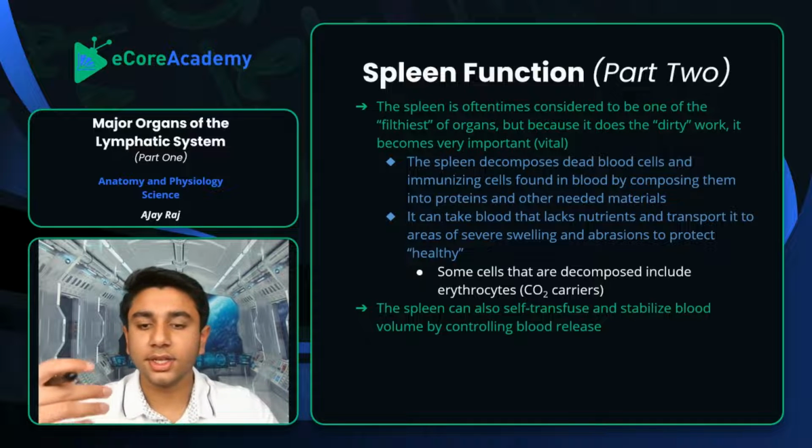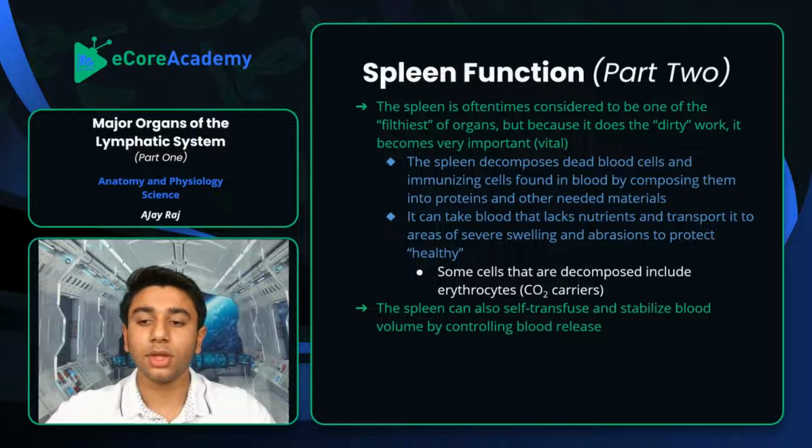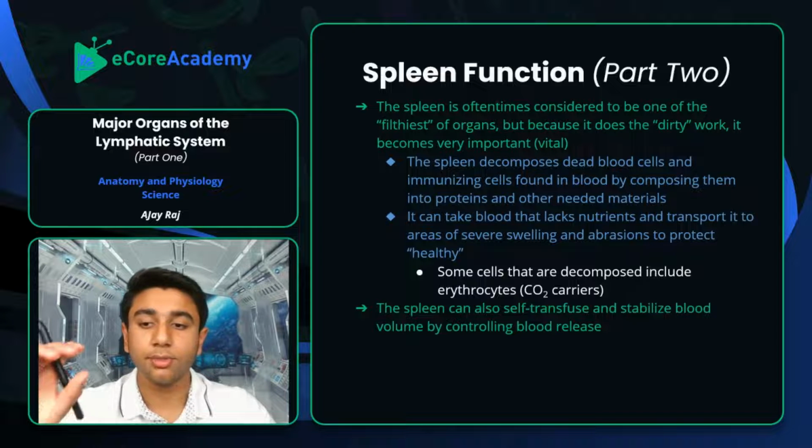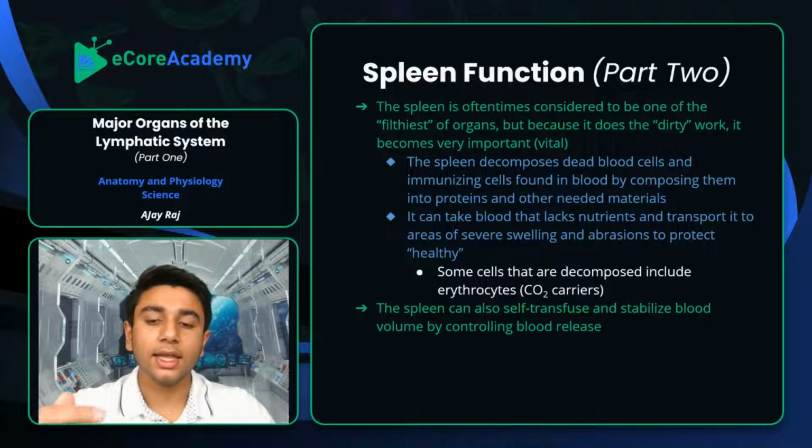So like I said, it essentially decomposes your dead blood cells that are not necessarily alive anymore. They're not good, healthy blood cells to be put back into the cardiovascular system as the spleen controls them, houses them, filters them out, and composes them into proteins and other needed materials. And it essentially can take blood that lacks nutrients and transport it to areas of severe swelling and abrasions to protect healthy blood,